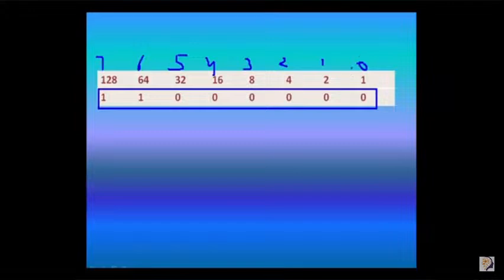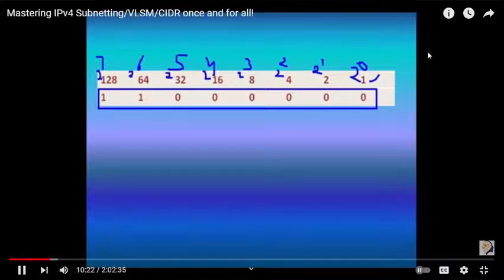So 2 raised to power 0 is 1, 2 raised to power 1 is 2, 2 raised to power 2 is 4, 2 raised to power 3 is 8, 2 raised to power 4 is 16, 2 raised to power 5 is 32, 2 raised to power 6 is 64, and 2 raised to power 7 is 128. Okay, so 128